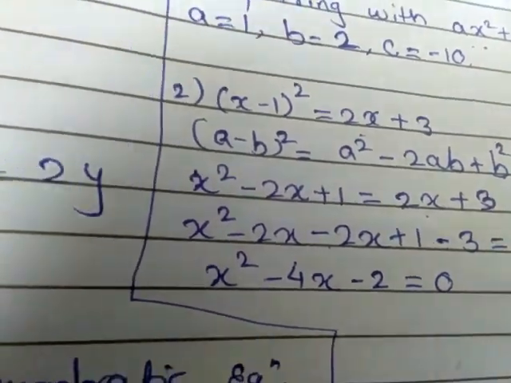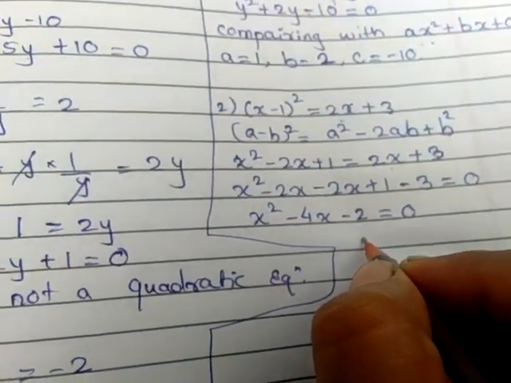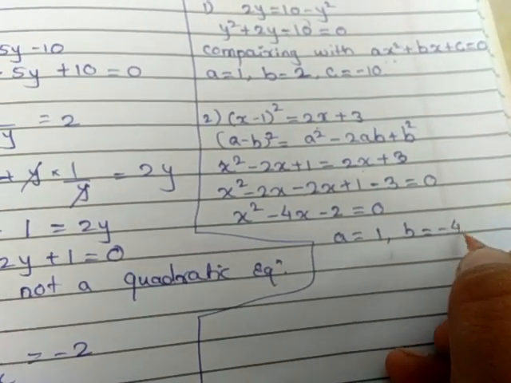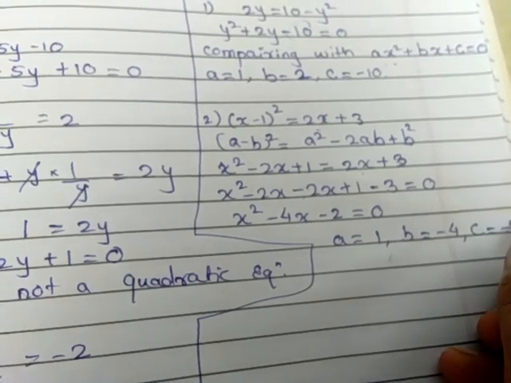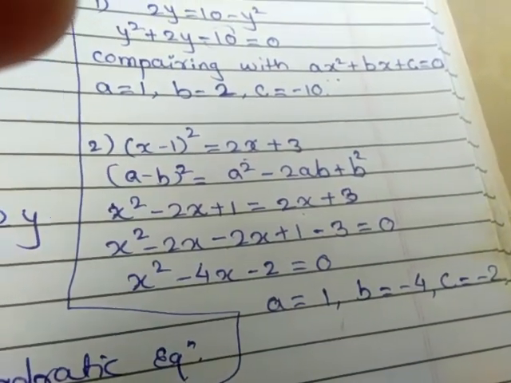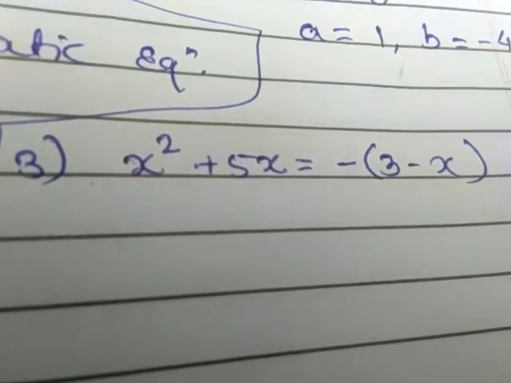Now we will write the value of a, b and c. What is the value of a? a is 1, b is minus 4 and c is minus 2. Now next question. Next is x square